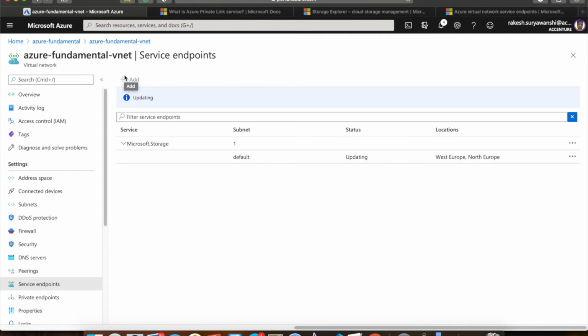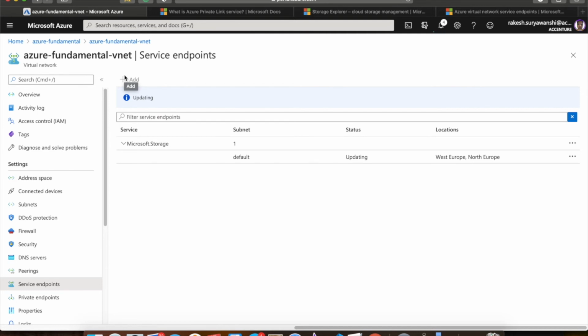In this case, the communication going from the source IP to the destination IP will go via the Microsoft backbone internet connection. So there is a private connection between your source service, your virtual private network, and the destination service, which is hosted on the